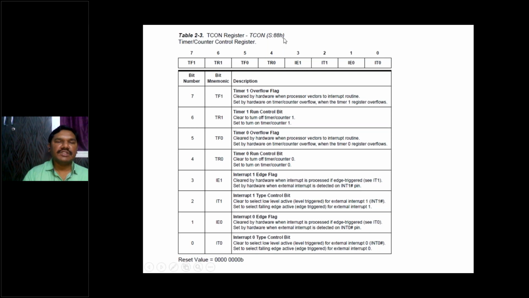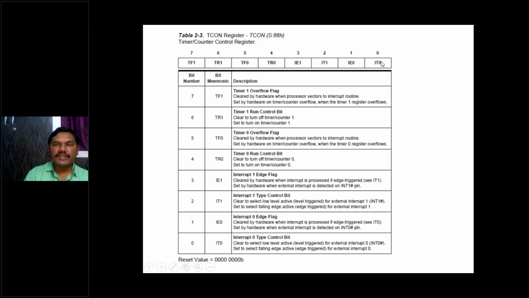And this is one more register which is called the TCON register, also known as the timer control register. And here we are having 8 bits, because this is also an 8-bit register. And the first bit is called IT0. What is IT0? Interrupt 0 type control bit. Okay, we are having 5 interrupts: INT0, INT1, TF0, TF1, TI/RI. So that INT0, how can it be controlled?